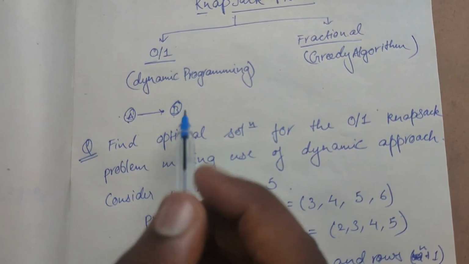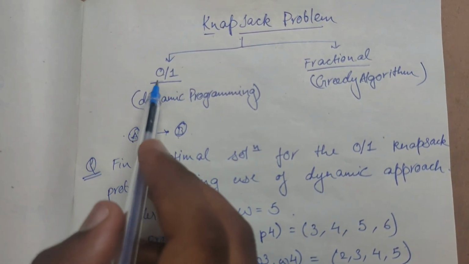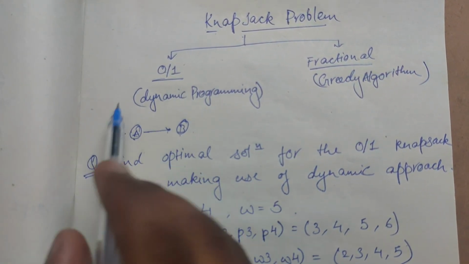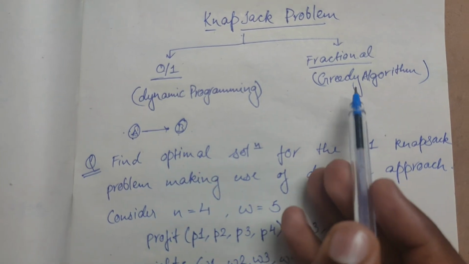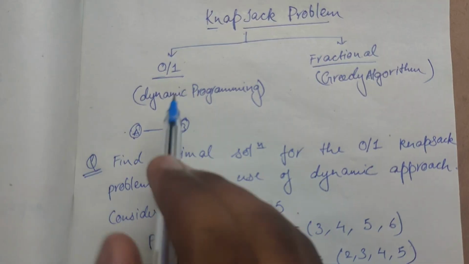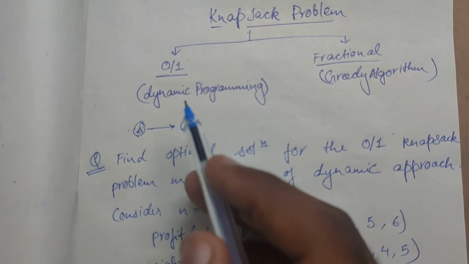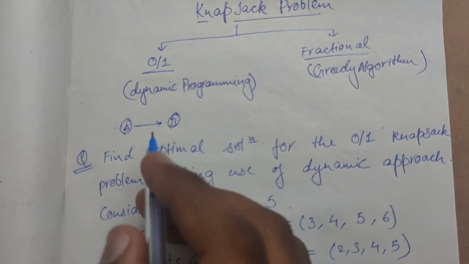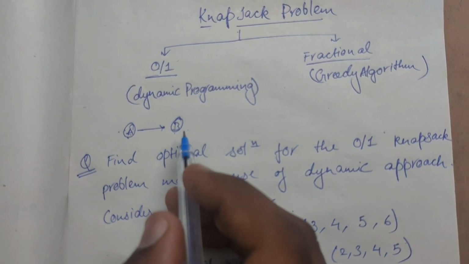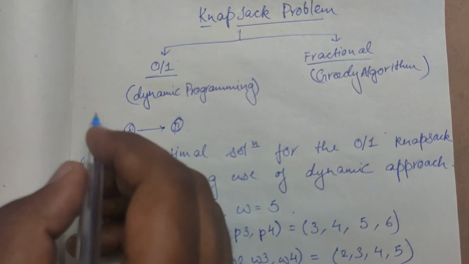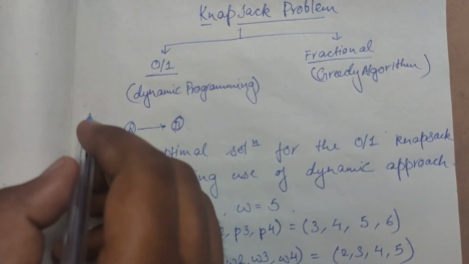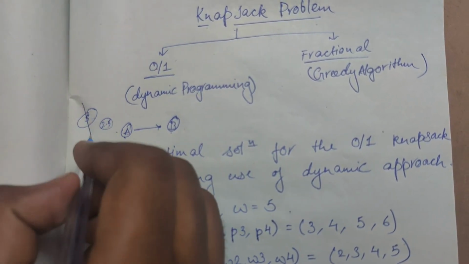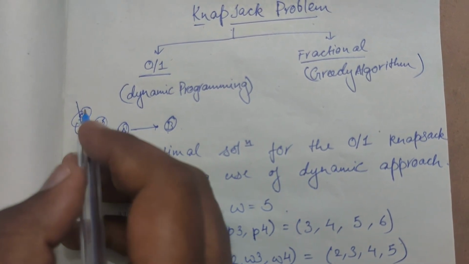So the knapsack problem can be solved using two methods. One is 0-1 knapsack and another is fractional knapsack. So 0-1 uses dynamic programming and fractional uses a greedy algorithm. So what's 0-1? The name itself says that you can either take the whole object or you cannot take the whole object. Okay, you cannot take a fractional part of it. If some object's weight is say 5 kg and you are left with only 2.5 kg space, then you can't cut this object in half and carry it in 0-1 knapsack.